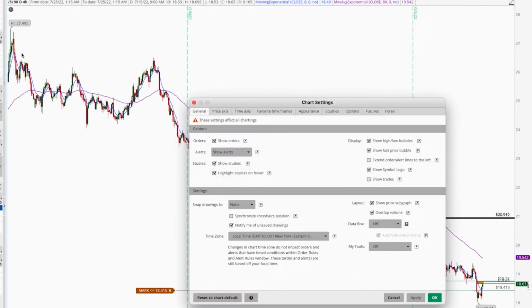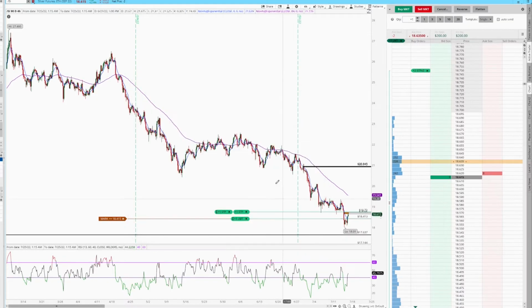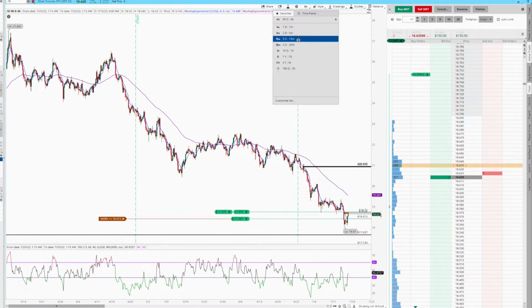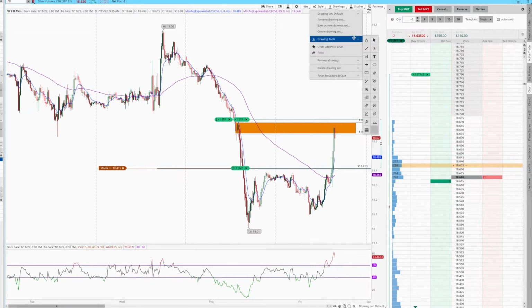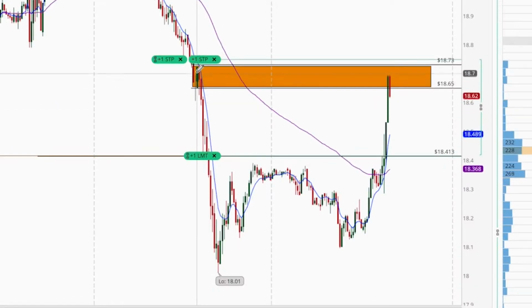You guys can just see price was at 27, it's now at 18.615, and there's nothing really here for me to set a target at. So one of the ways that I can do this is I can come down into the area where I found my level and use an extension tool. I'll go from the area that we're at to the low of that